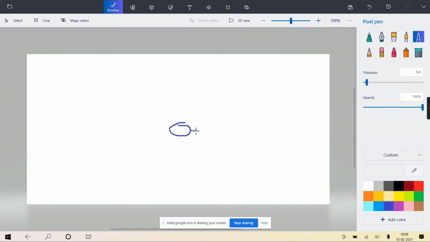A pen is attached to the tail of that turtle, and we are commanding that turtle. We are giving instructions to the turtle, and according to the instructions the turtle is crawling on this white paper. But as the turtle is crawling, it is making marks on the paper because of this pen which is attached to its tail.